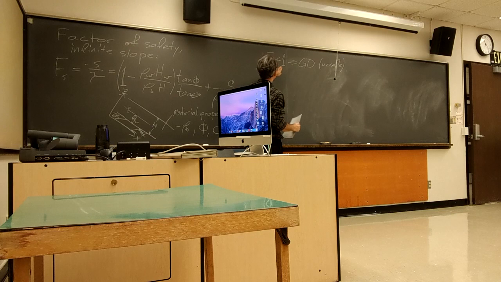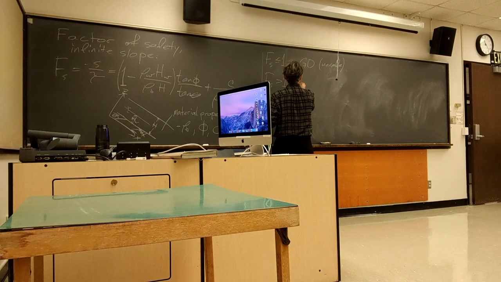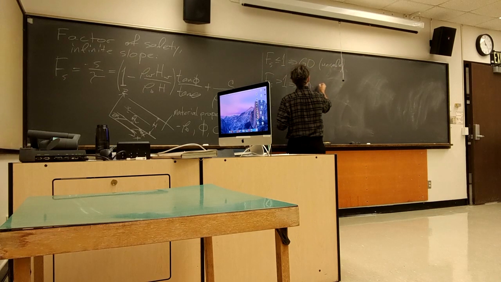That says that if this ratio is less than 1, the strength is less than the stress, and it moves. If the factor of safety is greater than 1, then that's a no-go,